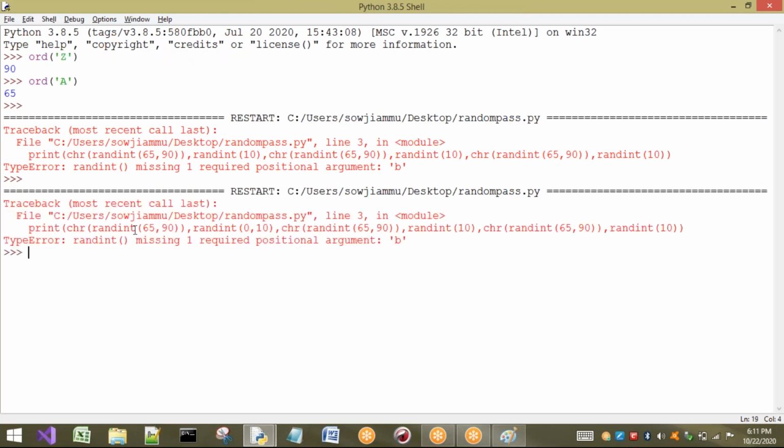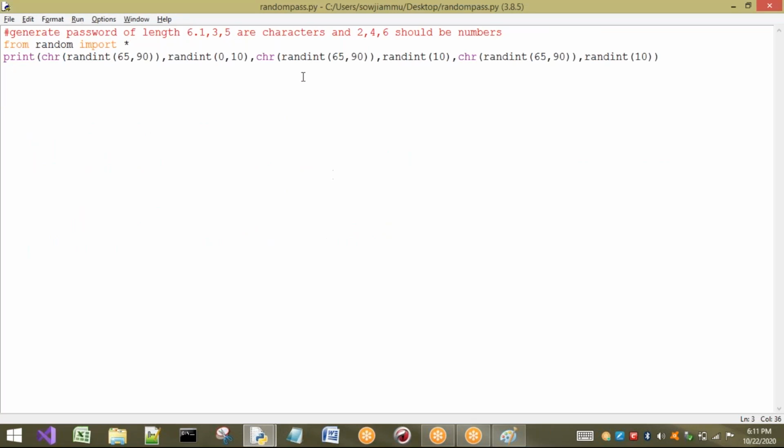One more is missing once again. Same here, I have copy pasted so that 0 comma I am going to write. As here, observe one thing: both 0 and the second argument are inclusive, so I will take only up to 0 to 9 only.